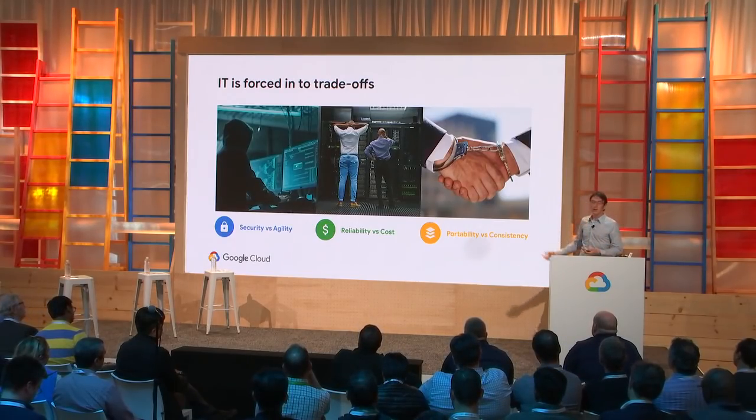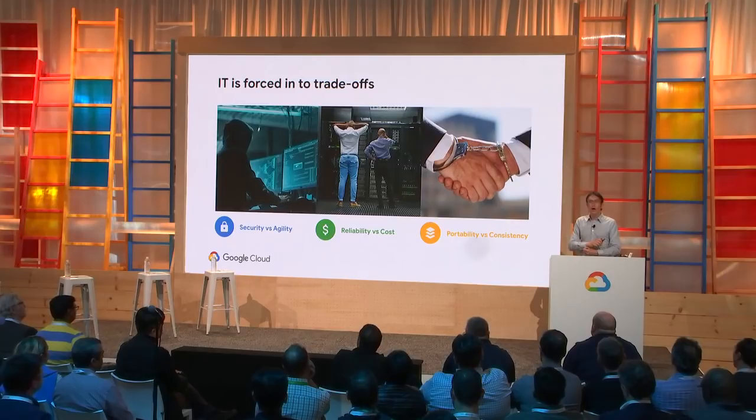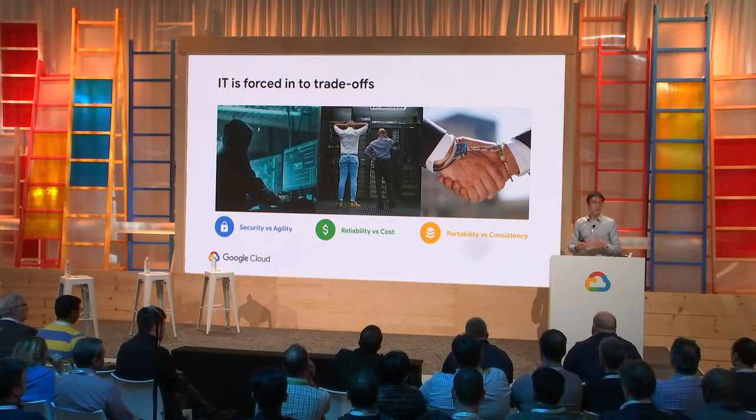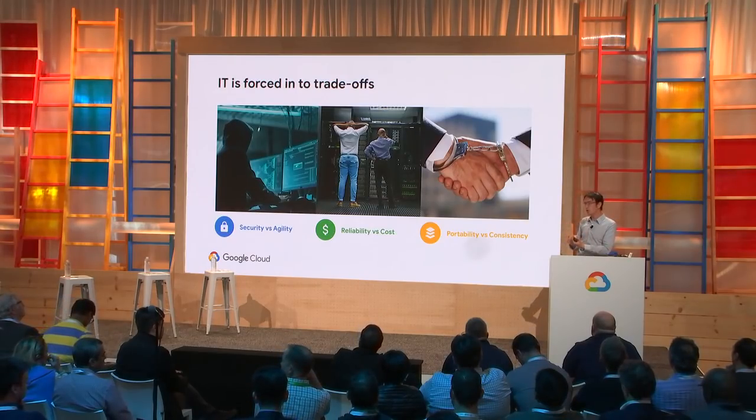And then number three is portability and consistency. So how can I move my application to a different environment? How can I go from my on-premise to the cloud? How can I go back from the cloud to an on-premise? How can I have multiple clouds coexist and at the same time be agile? If a new service appears somewhere and I want my application to benefit from it, I'd like to move it there. And so that's the thinking of the trade-offs that we need to do in order to basically modernize an